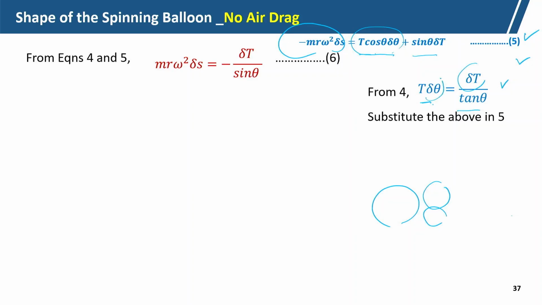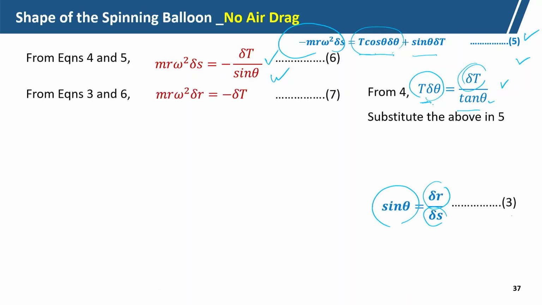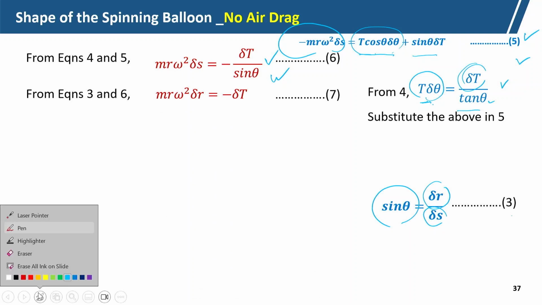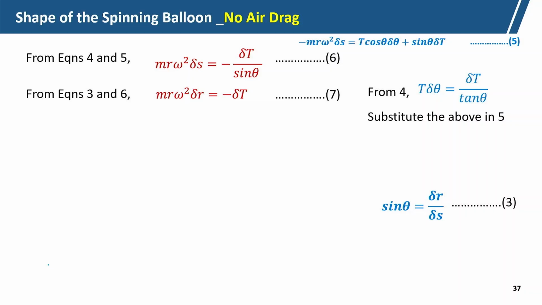From equation 4, what is equation 4? T delta theta equal to delta T by tan theta. And now, if we replace this, we will get equation number 6. What is that? m r omega square delta r is equal to minus delta T sin theta, that we are getting. And from equation 3 and equation 6, you just replace the sin theta here. So, what we are getting,